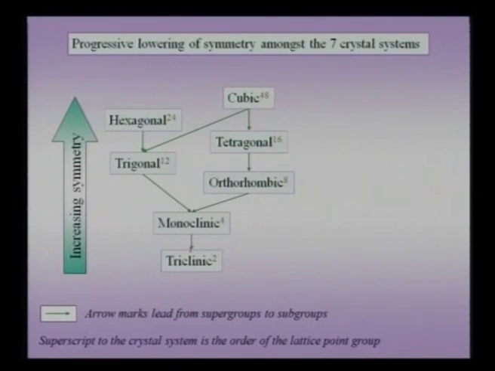I can use an alternate chain, an alternate path, to go to cubic. The triclinic is a subgroup of the monoclinic crystals. The monoclinic is a subgroup of the trigonal, and the trigonal is a subgroup of the cubic. Another way of going to the top, to the hexagonal crystal, would be the third path. The triclinic is a subgroup of the monoclinic, which is a subgroup of the trigonal, which is a subgroup of the hexagonal crystals. So, we can clearly see from this diagram that some of the crystals have higher symmetry than the other crystals,